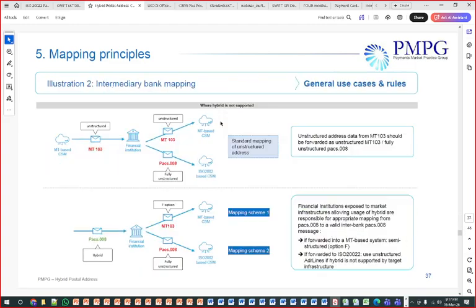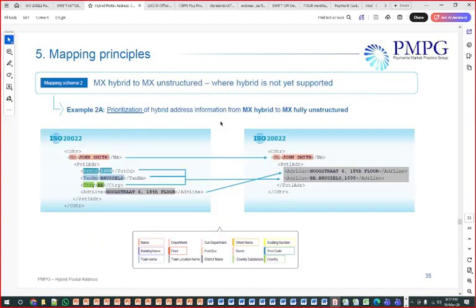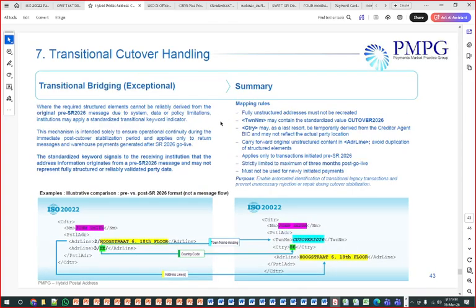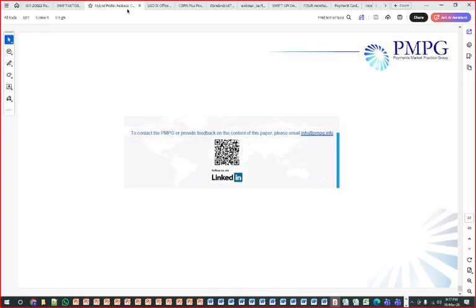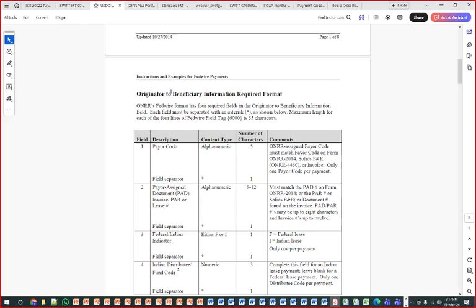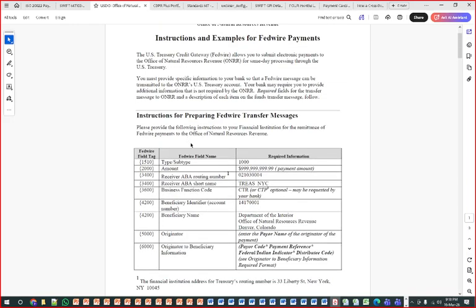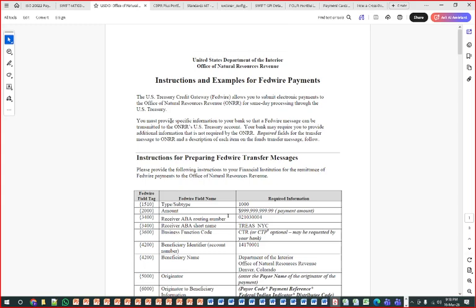That also is on me, that we should understand what the hybrid structure of the message is, and what the unstructured and structured message are. Okay, so this also I will walk you through in detail. I am not going to invest more time, but I'm taking a half-hour session on the Fedwire messages, how this message looks, because this is not in the scope.